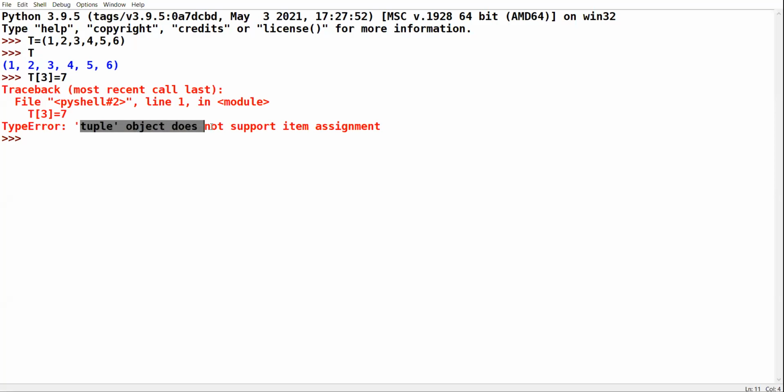Tuple object does not support item assignment. You cannot change or modify the individual value of tuple by assignment. Okay, clear?